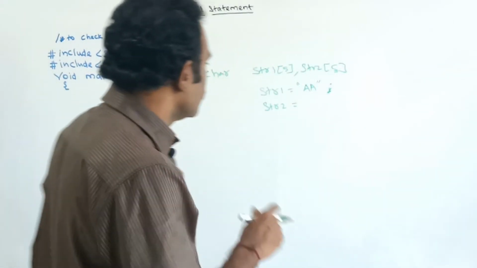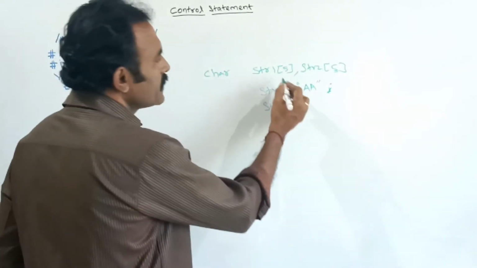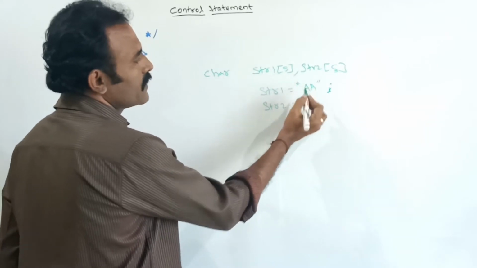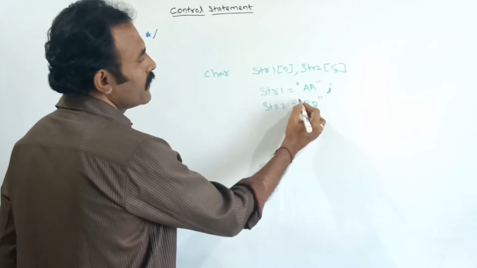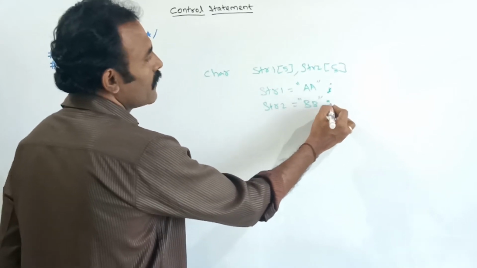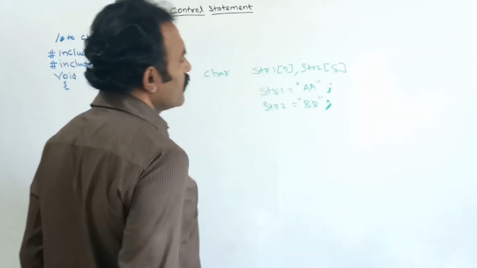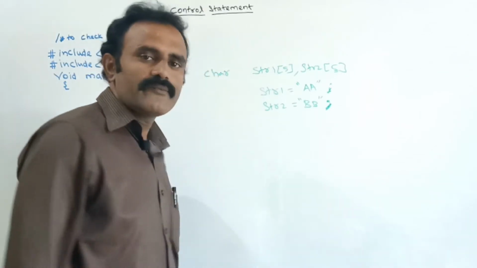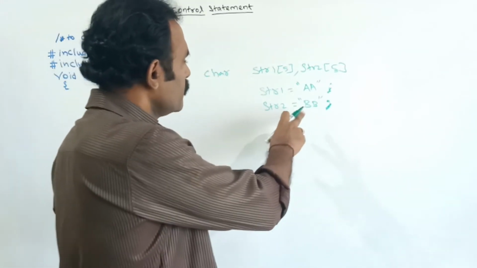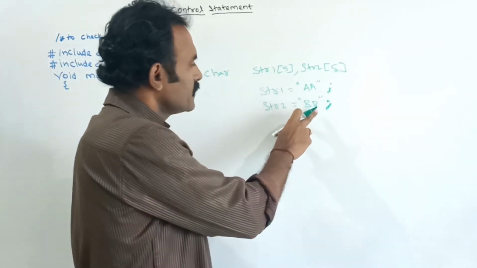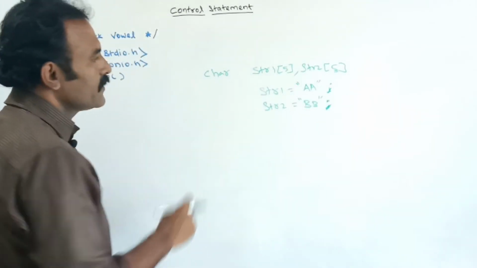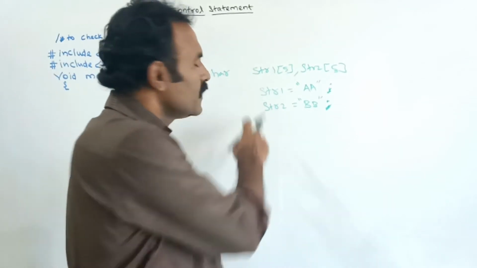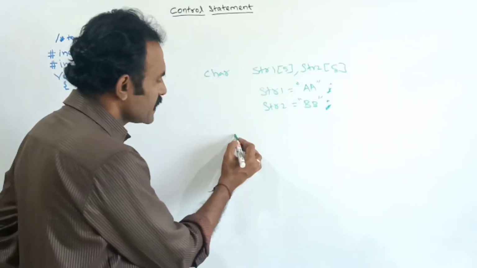Here this is a string, so I have used double quotes. Next, suppose I am storing the value AA in string 1 and BB in string 2, totally two values. Suppose I need to compare this string 1 and string 2 with the help of string compare,